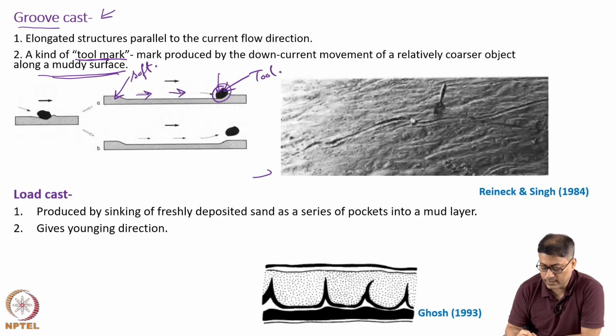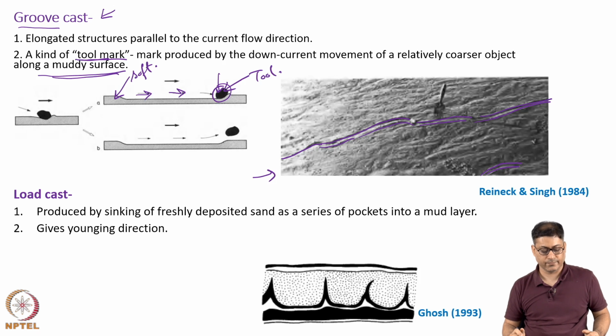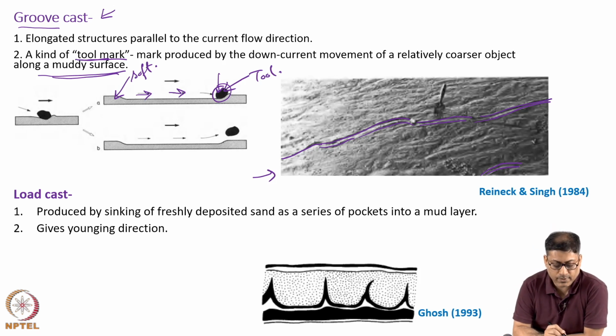And how it looks like in the real photograph, I can track it. We can see in this way, and possibly there are others also. This is the groove cast. It may not be possible to find out the paleo current direction from a groove cast, because we are getting a scratch, and the scratch may indicate flow in this direction or flow in the opposite